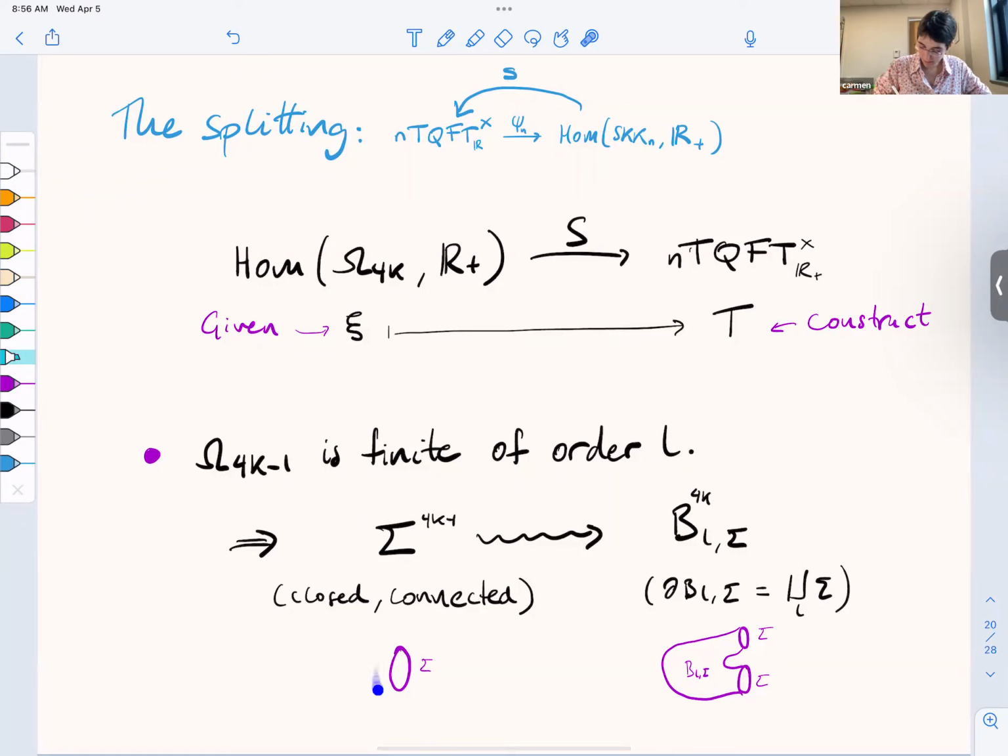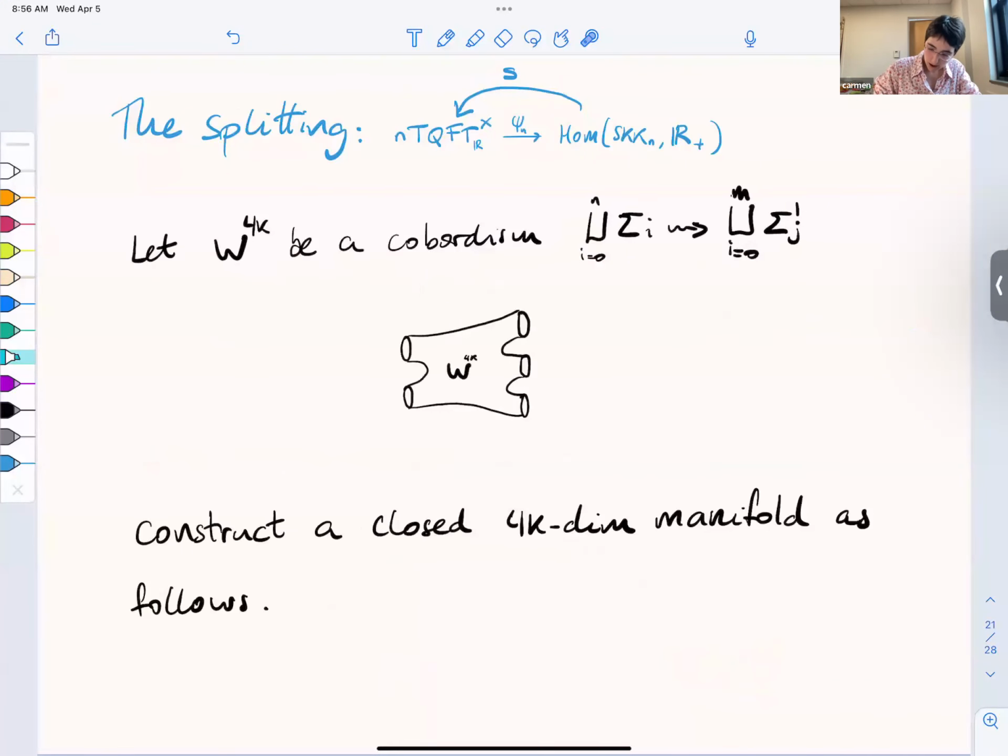So suppose this was a generator and the group is of order 2, then you take 2 copies of that sigma and you're going to see that it bounds. Once you realize that, the aim is to construct